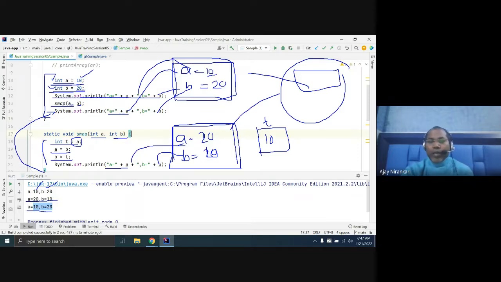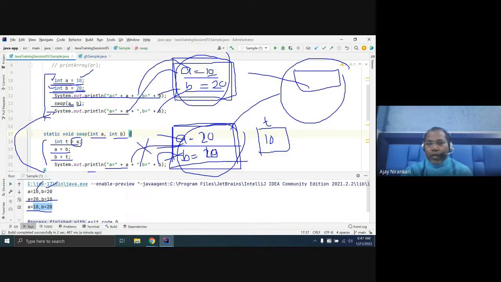In the main method you have a 10, b 20. The swap stack has its own a and b. This method can change its values, but this change does not reflect to the main stack reference. Whatever changes you make are local changes.